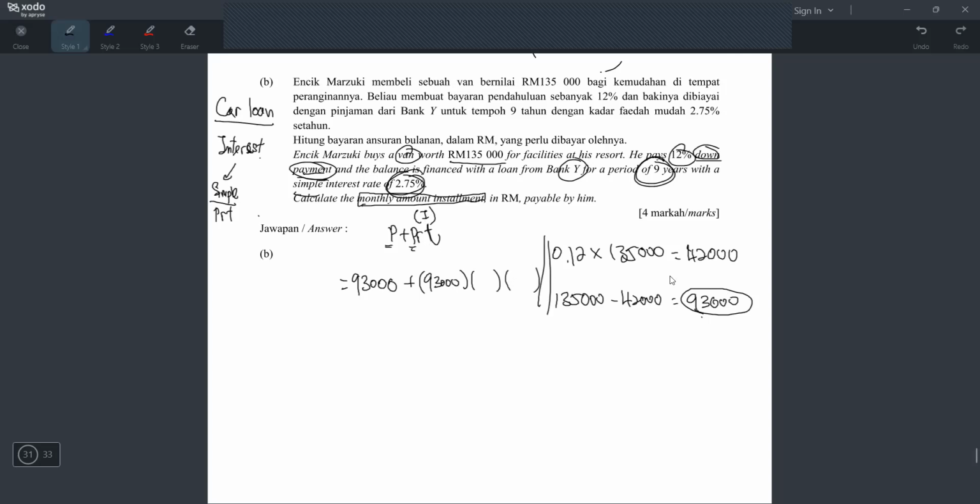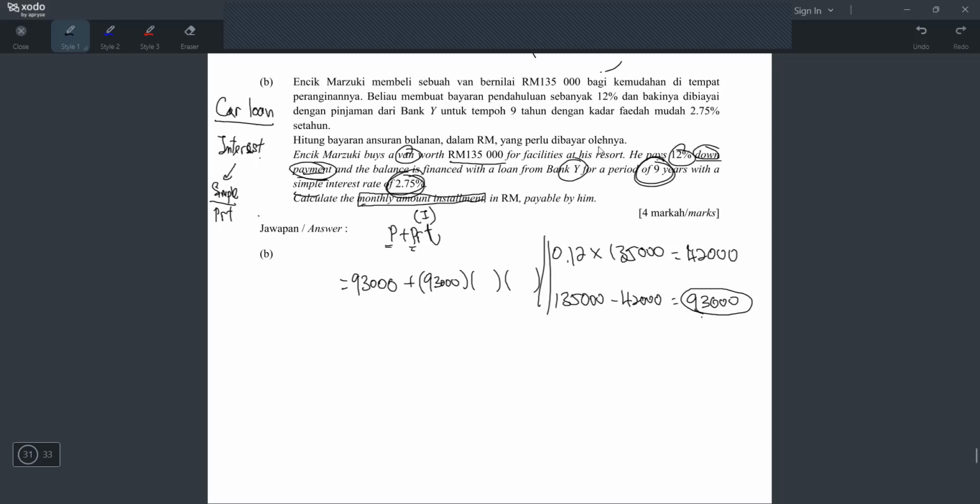It means the formula to find the amount you want to pay back to the bank will be 93,000. Your original amount, you definitely have to pay already, but you have to add interest. Because when you borrow from the bank, you cannot just pay the same amount. You have to pay more than it, because they will charge extra. They will charge you some interest. So that's why it's 93,000 plus the interest, and the interest formula is PRT.